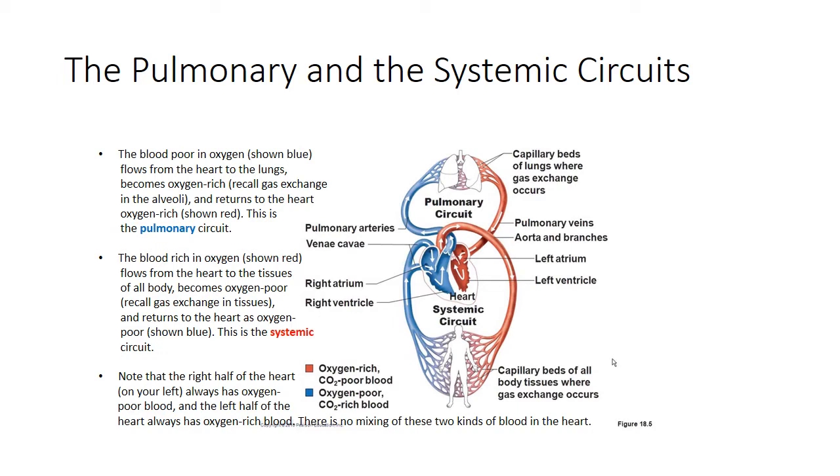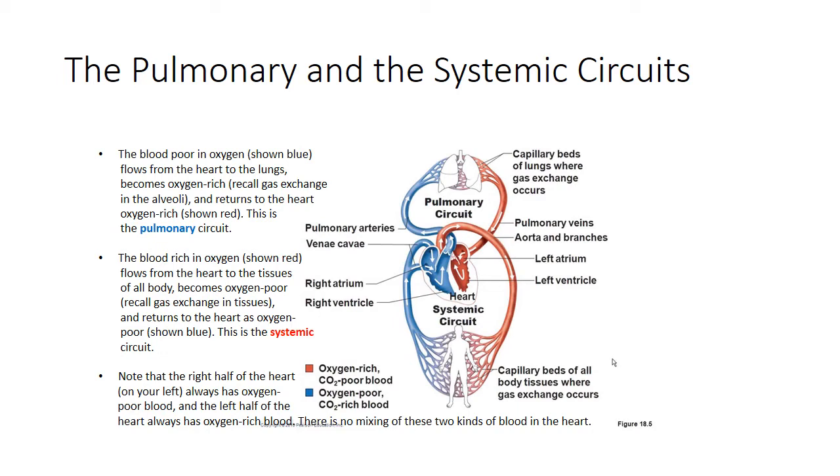Right? The lungs are a separate story. In the lungs, there is this mechanism of enriching blood with oxygen, and it's the function of a separate circuit, this pulmonary circuit. And the function of the larger circuit, systemic circuit, is to feed tissues with the oxygen acquired in the lung. Okay? And the third bullet point, note that the right half of the heart on your left